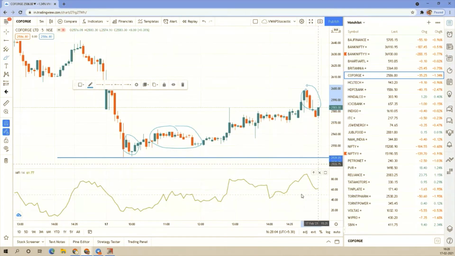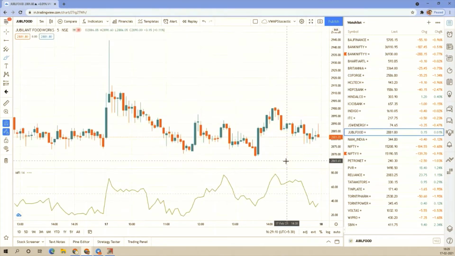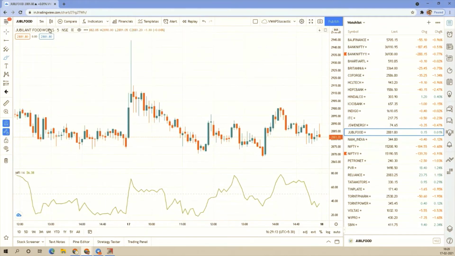So it works on all time frames. Let us see some examples, whether the strategy is worth taking or not. Let us go to Jubilant Food. Because we are doing it at an intraday level, we have to make sure that the time frame is 5 minutes. Again, this is the first candle. You can see it opened and then started going down. When it's going down in a clear trend, we should never enter. So maybe you can have a look here whether it will go up or not.